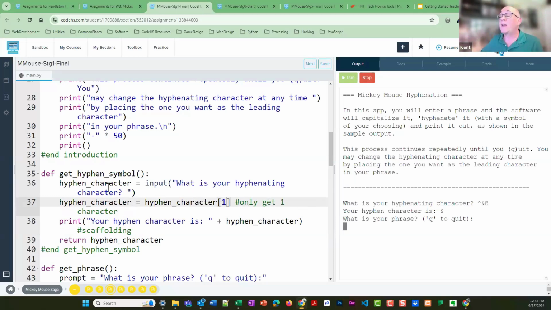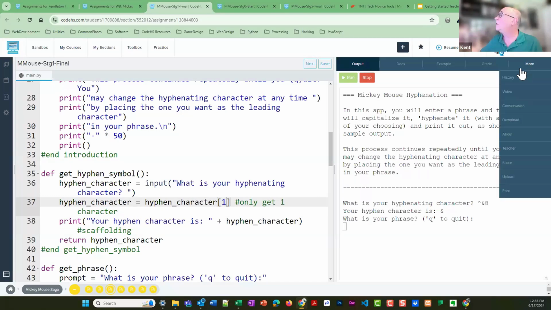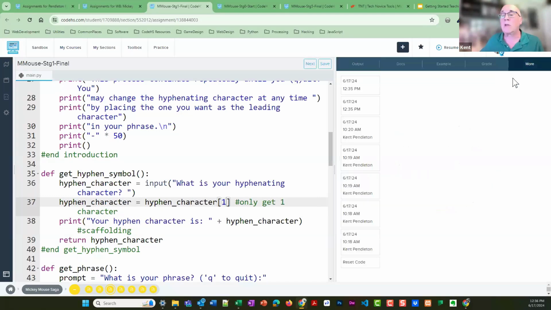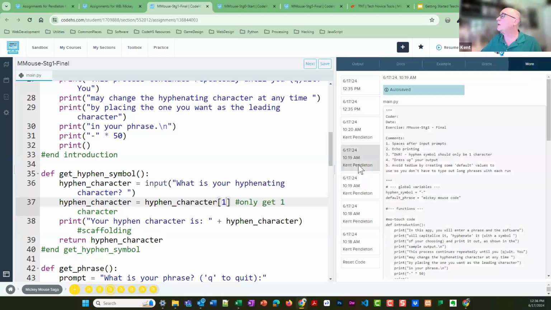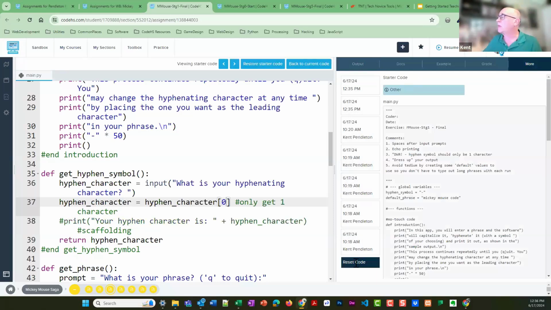But at any rate, now let's suppose I mess all this up. Well, if you go to more and go to history, you can do this and kids can do this. So under the more, it shows me a sequencing of things that have happened since we've been talking. And let's suppose you can completely mess things up and you don't know where you've messed things up. So you can come back down to reset code.